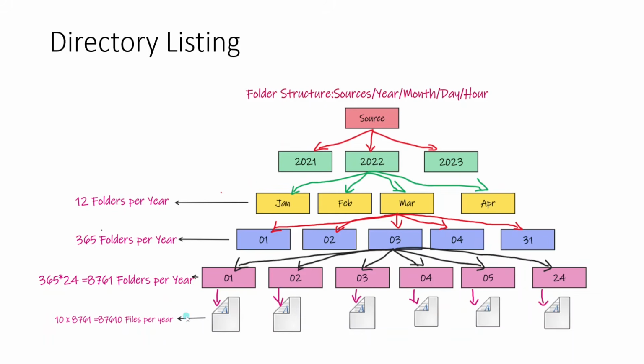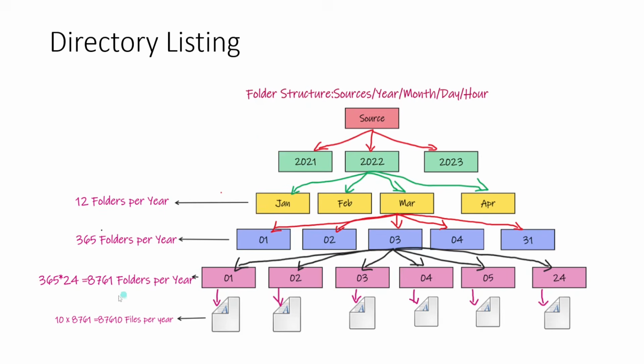Then we can understand how many files we are going to have. In this example, I have considered only 10 files on average, but in real time we can have thousands or millions of files under each folder. Then we can understand the complexity of this storage, the source system. Right. Now coming to this structure,